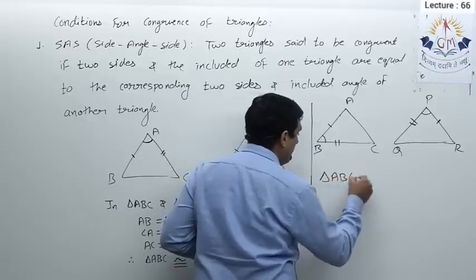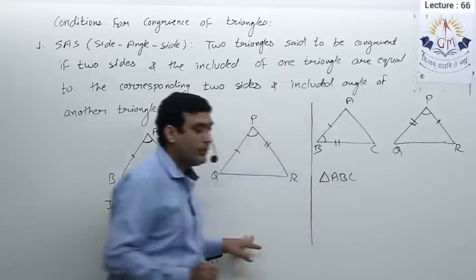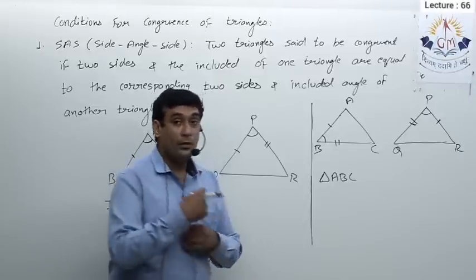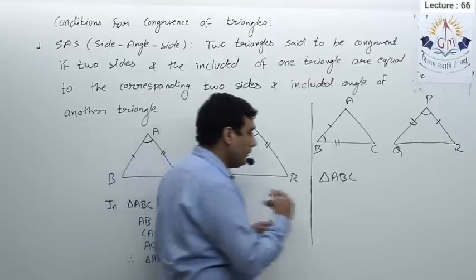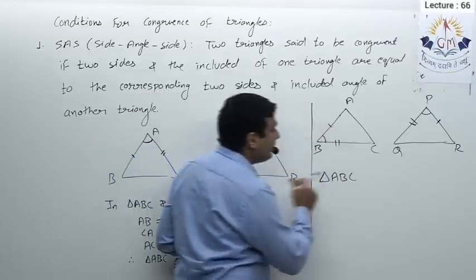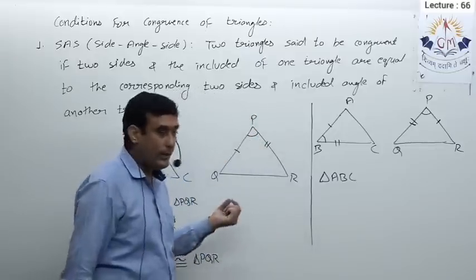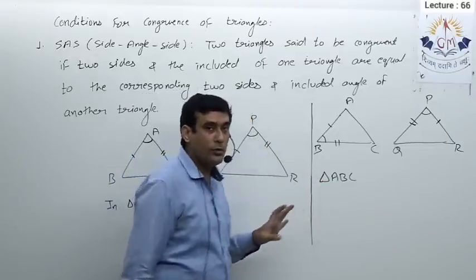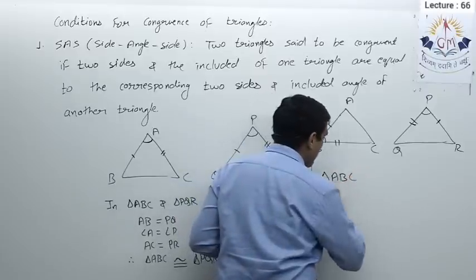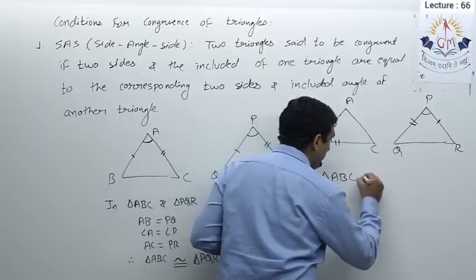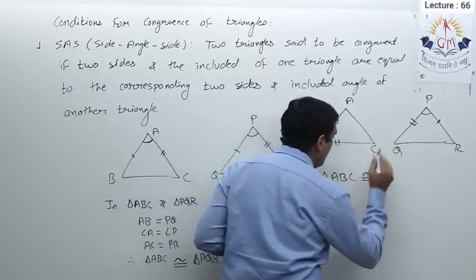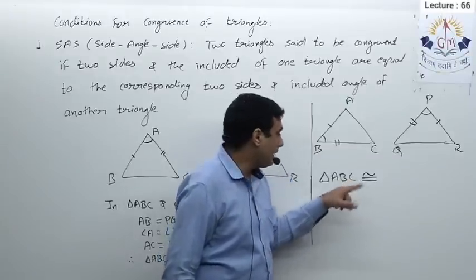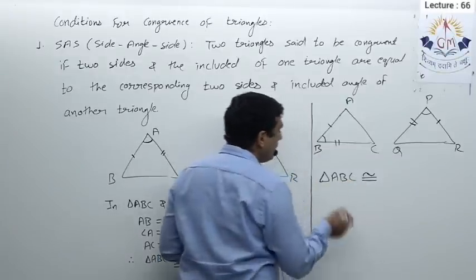Now if I say write the correct order of the congruency or the correspondence of congruency, so how to write that? It is very important, because throughout this exercise, throughout this chapter, although I can say throughout this geometry part, we need these congruency criteria time to time. So you should know that how to write the correct order of congruency. So here I will say triangle ABC is congruent to triangle PQR, not PQR. Now here I have to write the correct order.